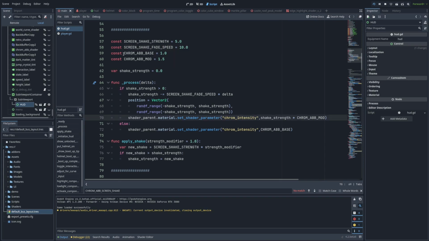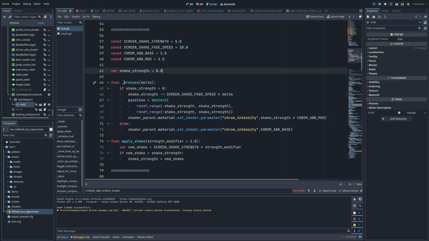Then I have a chromatic aberration shader. You don't have to do this part. I'm not going to talk about it too much, but this is just to show that you can also drive a shader parameter from your screen shake if you want to do any other visual effects. And then I've got this local variable, shake strength. This is going to control the actual shake itself. This is the value that's going to get set to a higher value than 0, and then driven back towards 0 to have the tapering off effect of going from a lot of screen shake down to 0 again.